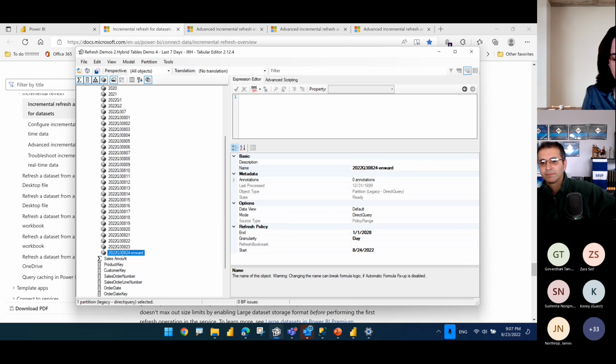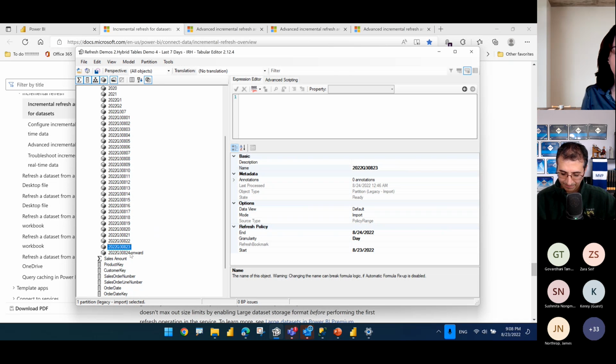You see how it says, for example, onward. You see how it says from August 24 to 2028. So this is one way to handle future data. Otherwise, they are closed.